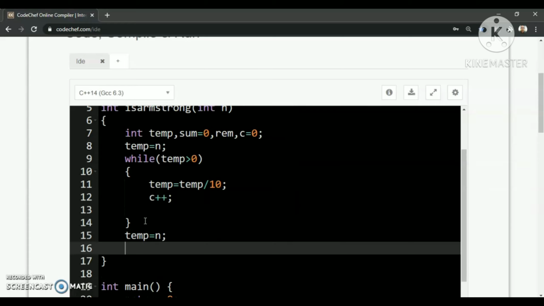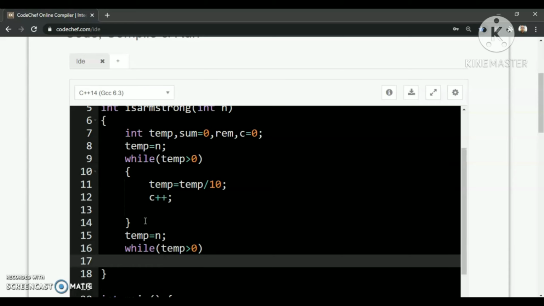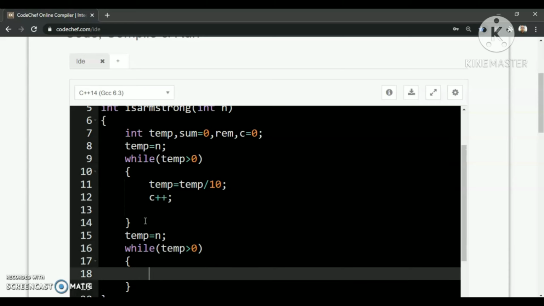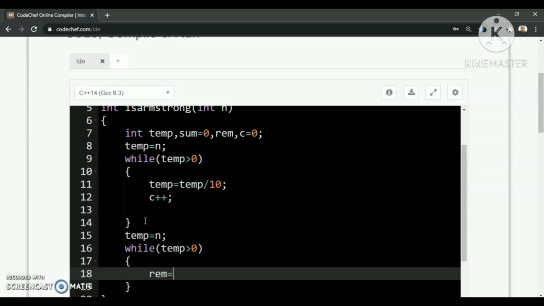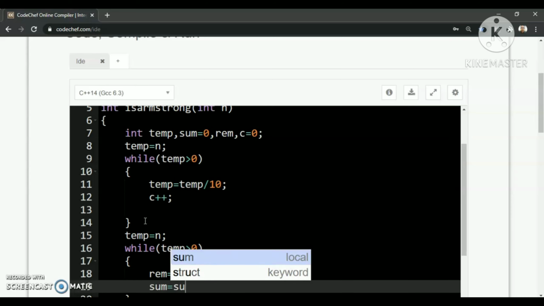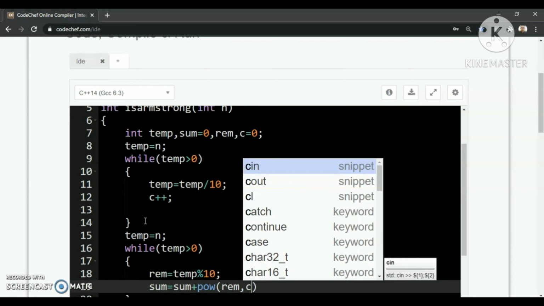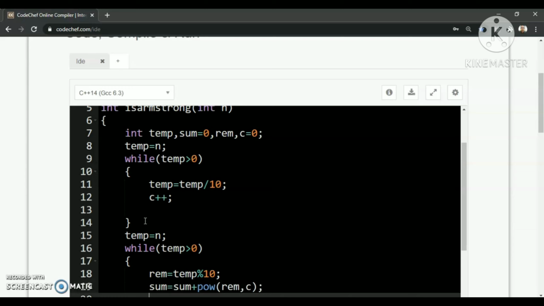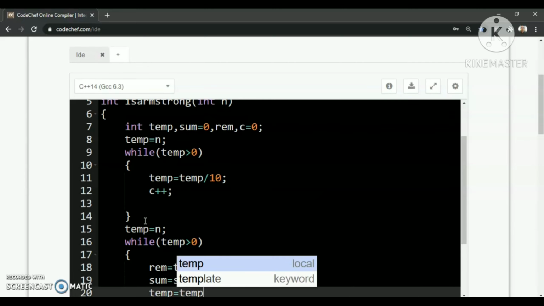After this we will be finding the Armstrong sum. While temp greater than 0, rem equal to temp mod 10, then sum equal to sum plus power of rem comma c, which is the number of digits, and then temp equal to temp by 10.